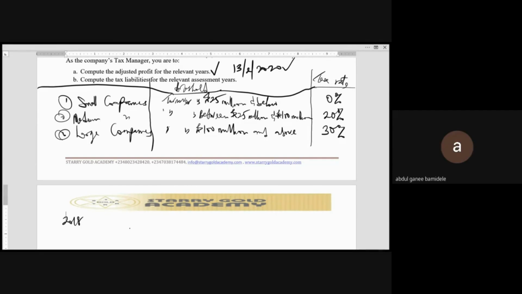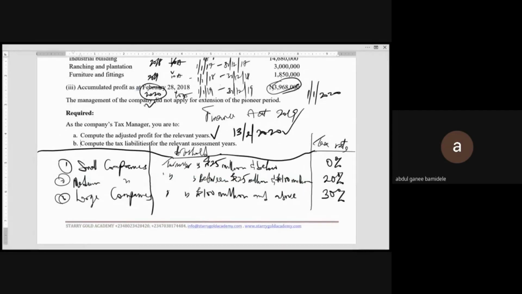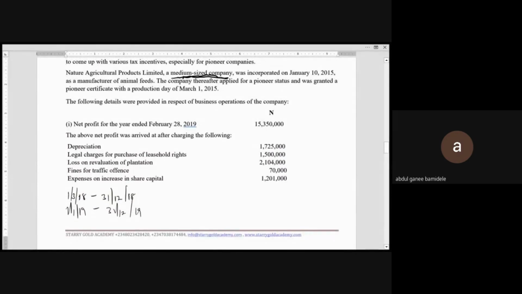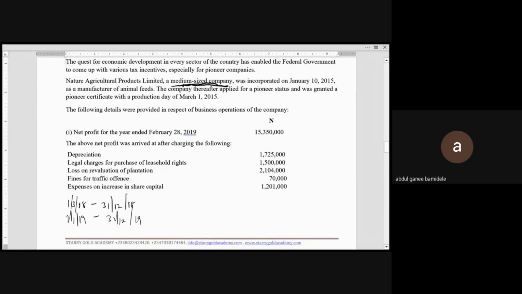Okay, so for 2018, the question didn't specifically tell us when they prepare their accounts to, but we can determine that from what they give us. They gave us profit to 31st of February 2019, so it means they prepare accounts up to February of every year. Subjecting them to the commencement rule for the 2018 year of assessment, it will be from 1st of March